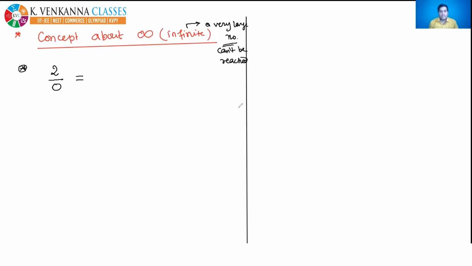Yes, good. Not defined. I told you in the previous classes also that if we divide any number by exactly 0, then it is not defined. Remember, it is not defined. Now the question is why it is not defined. I am giving you the explanation now. Why is 2 divided by 0 not defined? Suppose anyone says that sir, it is defined. If it is defined, then definitely it will be equal to some constant, because if anything is defined,